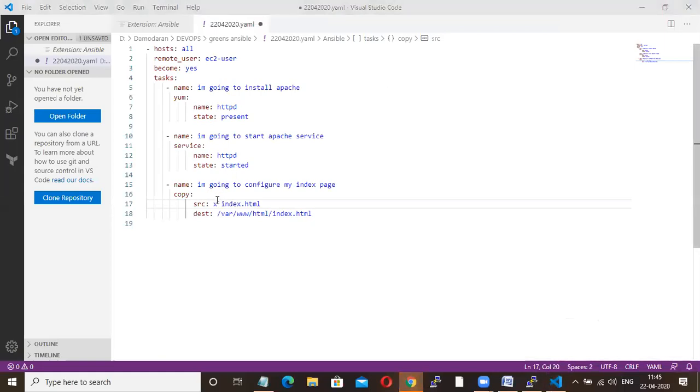That source and destination, sir, how does it recognize that it has to push to the managed node? That destination you wrote, right? /var/www/html, here you have given it. Okay, fine. Yeah, sir, understood. That's what I said, if you go through my previous session, same. That's it. Okay. So any doubts?